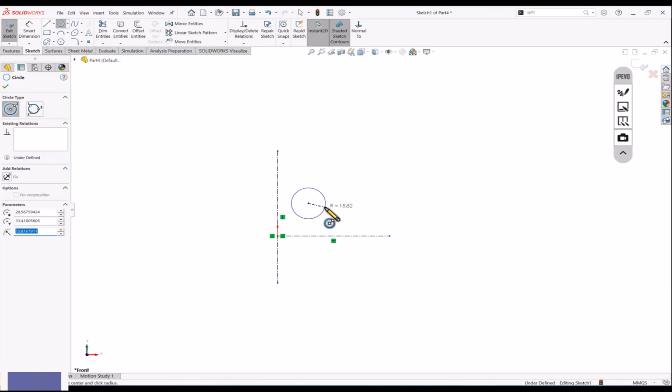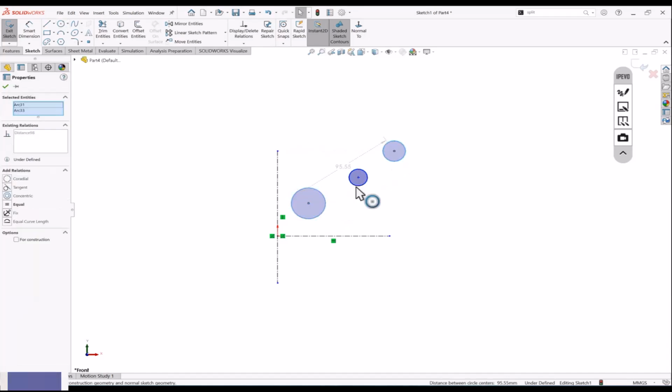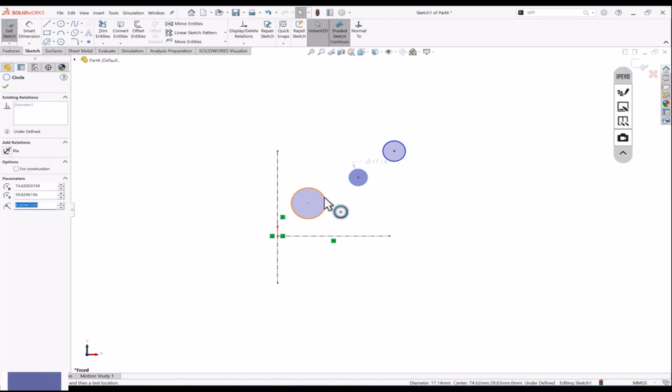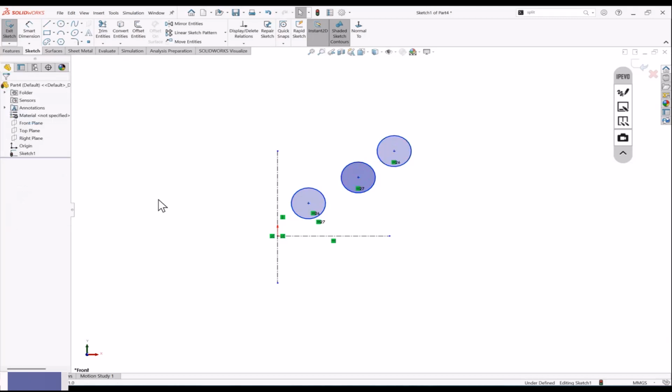Let's make some circles. So I just made random circles. Let's make them all equal. So I'm applying an equal relation. I want to make them the same size. I select all the circles by pressing the Control button, and here on the left-hand side you see one option coming, add relation. I'll click on equal. So all sizes become equal,